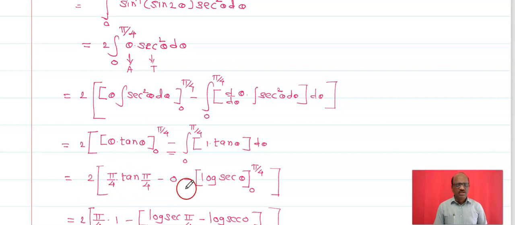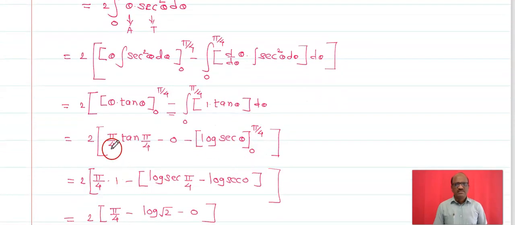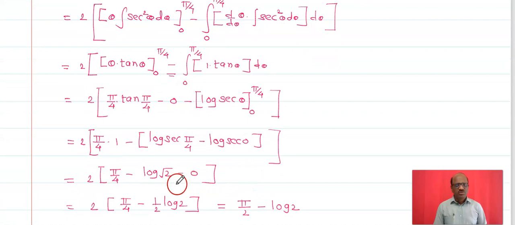In this case also, the integral of tan theta is log of sec theta from 0 to pi by 4, and that's why here is pi by 4 tan of pi by 4 is 1, log of sec of pi by 4. The value of sec of pi by 4 is root 2, sec 0 is 1, log of 1 is 0, and therefore you will get 2 times pi by 4 minus log of root 2